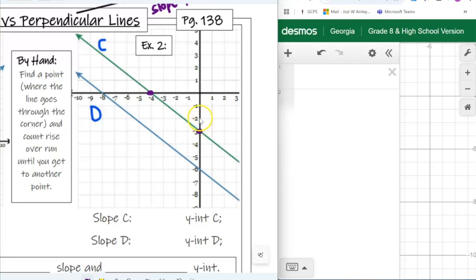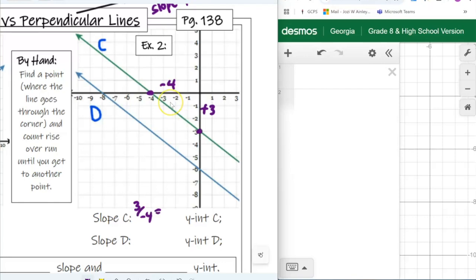So 1, 2, 3. I rise +3. Now it's important to also put the direction that you rise because that's going to matter in terms of what the slope is. So I rise +3, I'm right here. Now I'm going to run to this point right here. If I run this way, I'm running to the left, so that's negative. Again, you don't start counting at 1. You count 0, 1, 2, 3, 4. So I'm running left 4, and that's represented by -4. So when I write this slope, it's going to be 3 over -4,